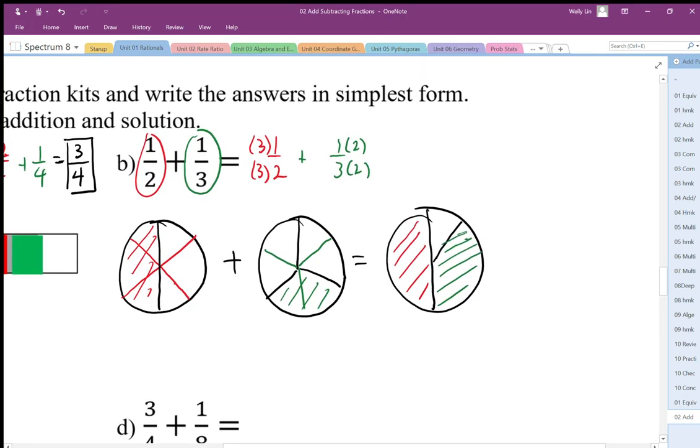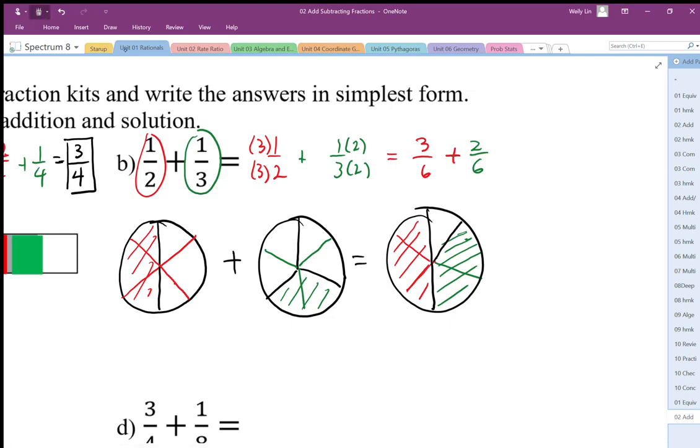What I end up with, and my picture confirms it, my picture doesn't lie, is 3/6 in red, and in the green, I have 2/6. That seems to justify it if I split this up. I've got 3 parts out of 6, 2 parts out of 6, and that's going to give me a total of